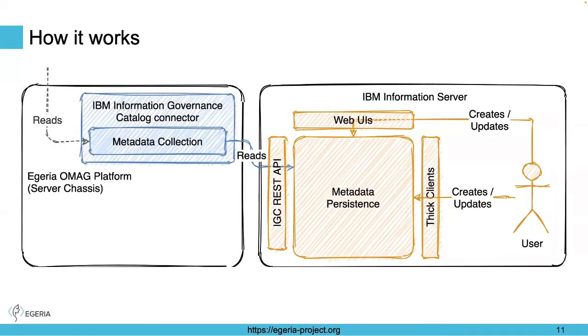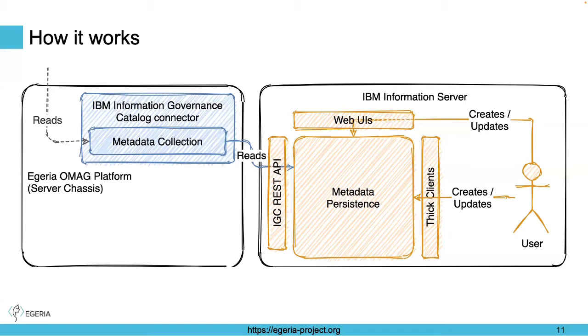Just for the details, here is how it works based on this open source integration connector. The requests coming out of Egeria come through this repository proxy implementation, through this adapter connector. They reach the metadata collection, which is an implementation of a local repository, and basically they are forwarded to the external technology or the external API, and then the mapping logic on the way back from the external technology happens within the adapter.